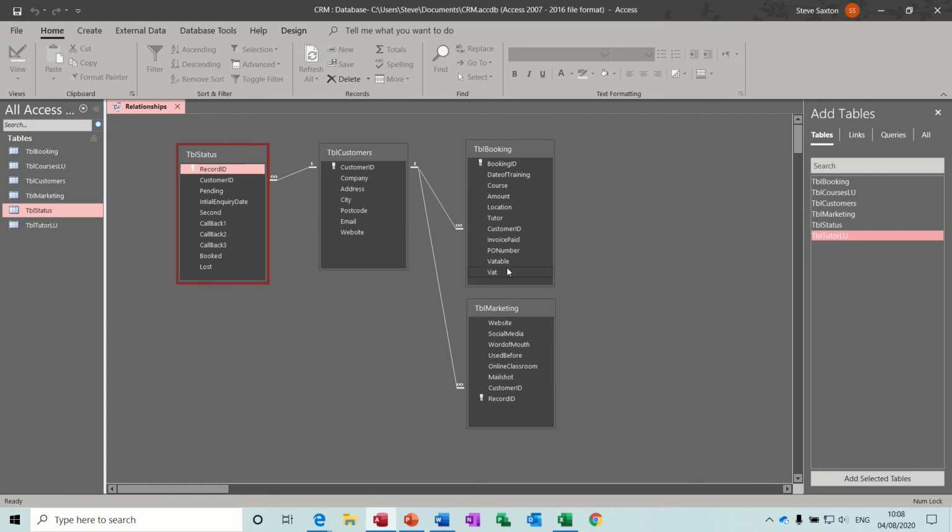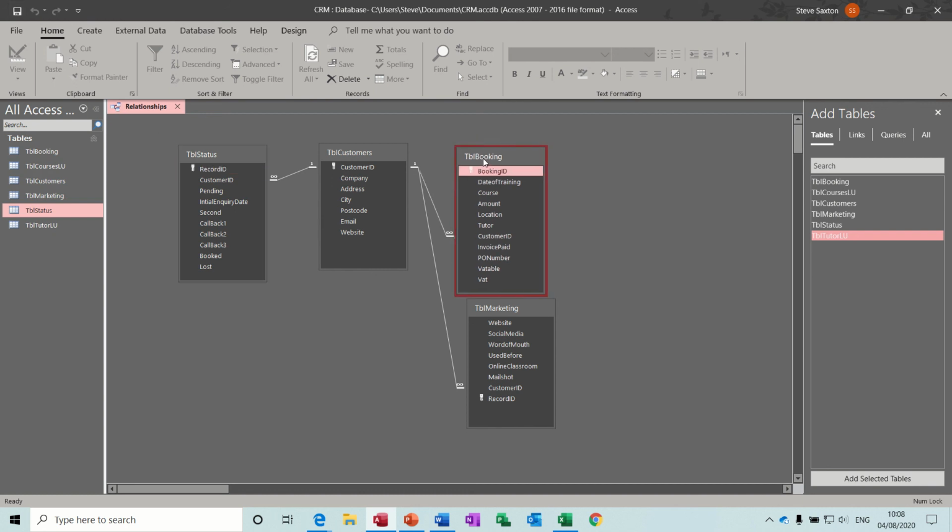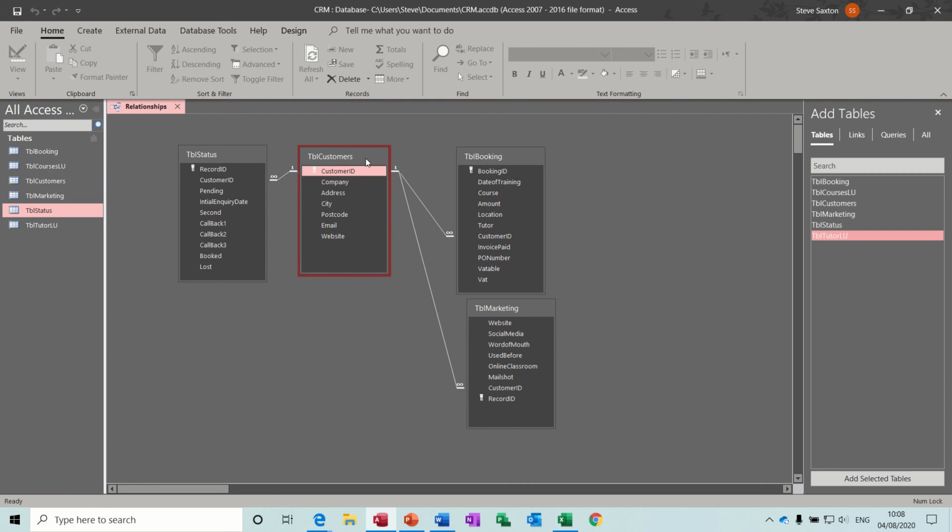Could be the same one if they keep booking, or it could be one used before. And their status, if they're inquiring, will be one of these, booked or lost or whatever. So I'm going to save those relationships, and everything is ready to start getting some data in,